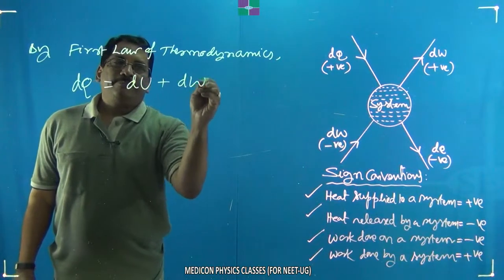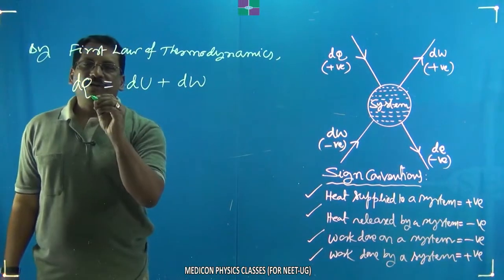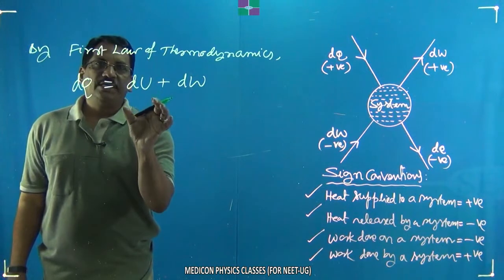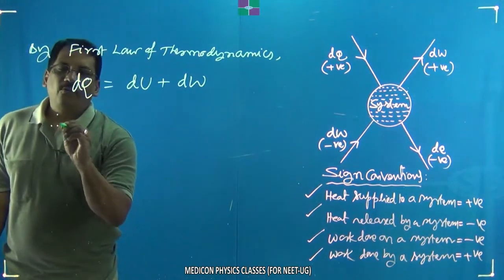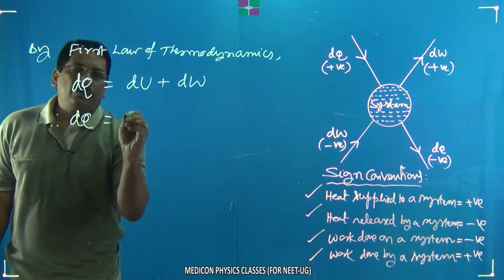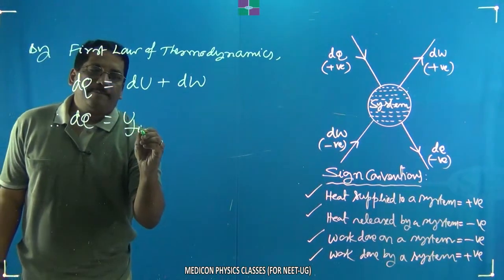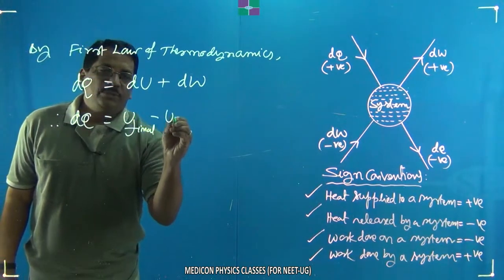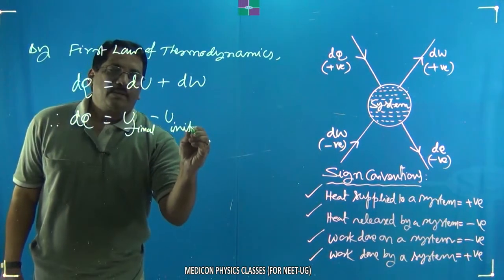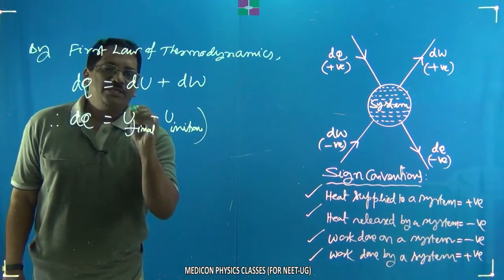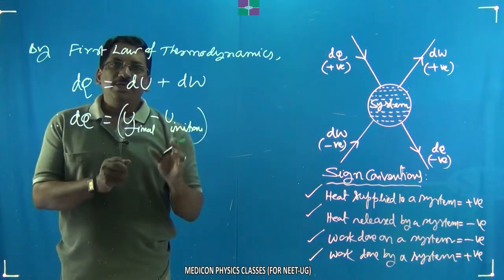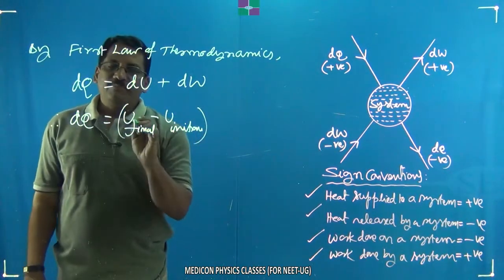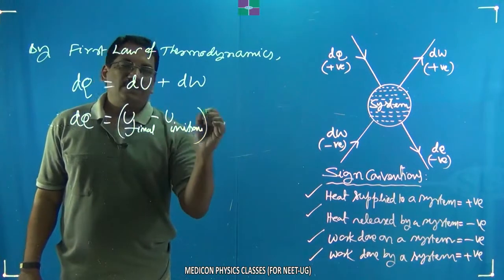plus dW. The heat supplied or given out by a system is the change in internal energy plus the work done. Therefore, dQ equals U final minus U initial. You know, the change in internal energy is a point function. It depends on the initial internal energy and final internal energy. So, U final minus U initial